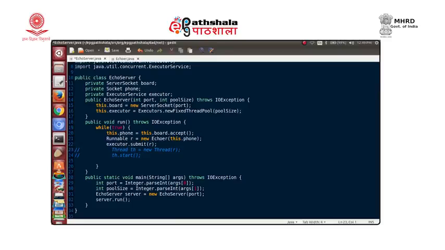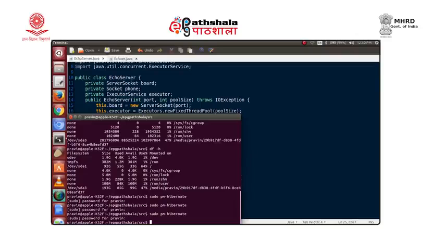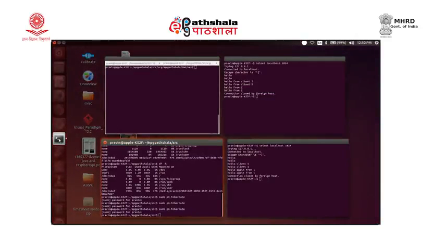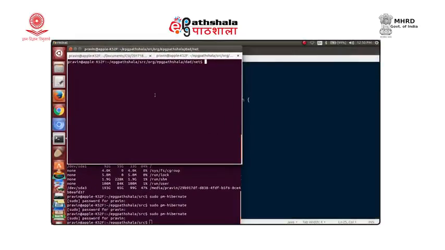So, that is what we have, and we can test this also. Let us save this change. So, we have saved the change, and now for testing, we are in that folder for EPG Pathshala. Let us compile.